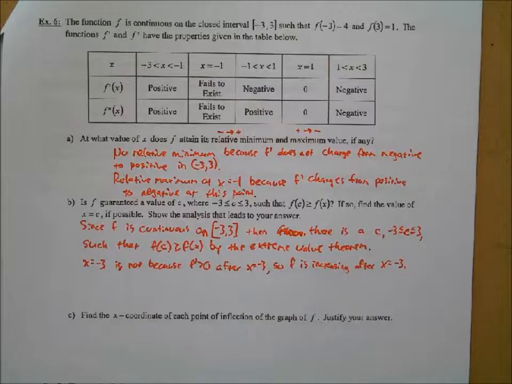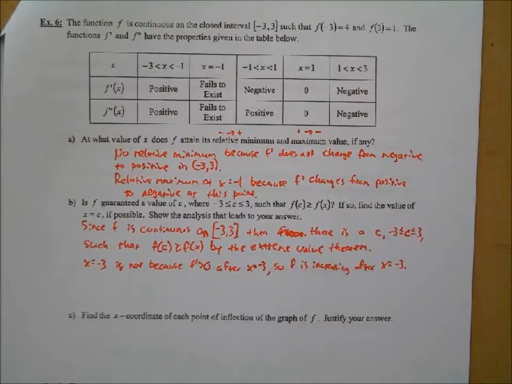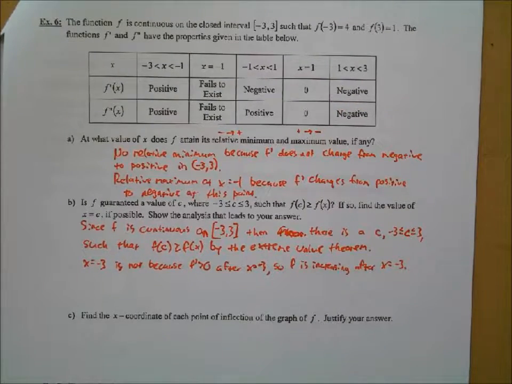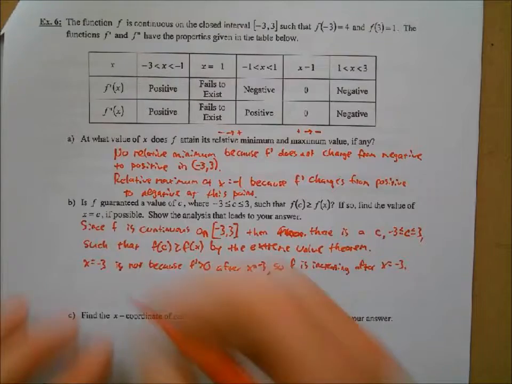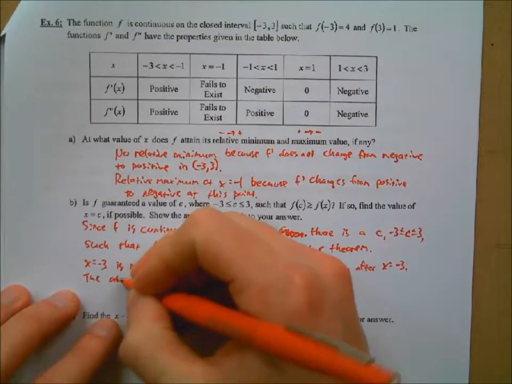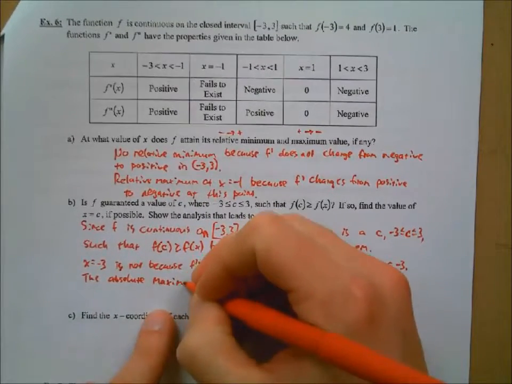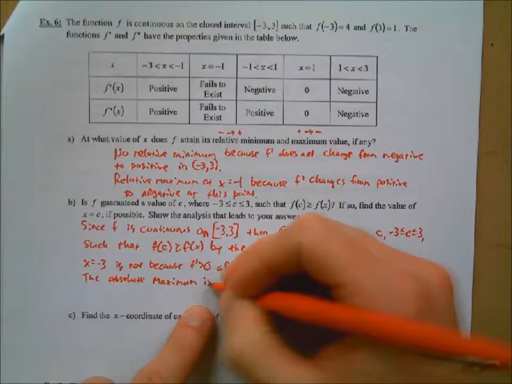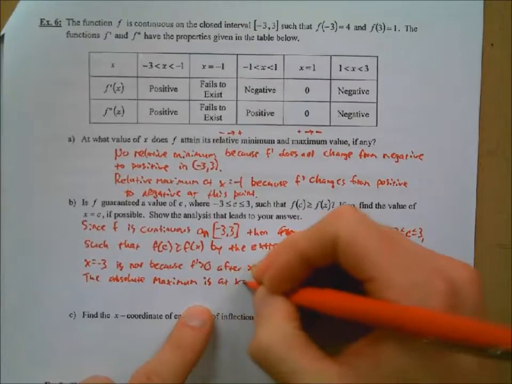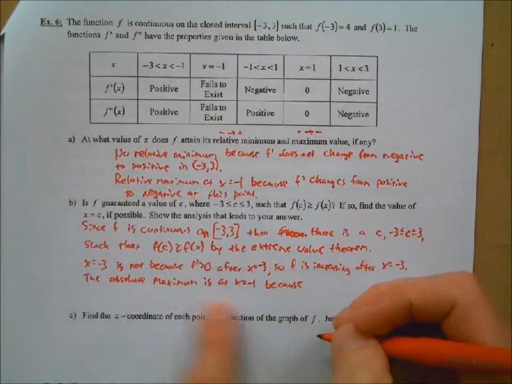f prime is positive to the left and negative to the right, okay? And then further beyond that, still negative. So in fact, where is our absolute maximum located? At -1, okay? Okay, so I'll say the absolute maximum is at x equals -1 because